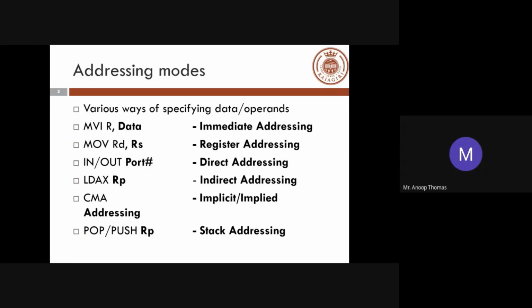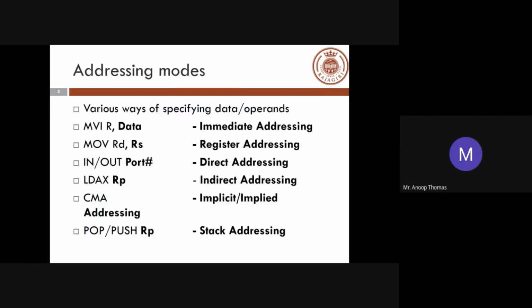Then there is stack addressing, which covers instructions like PUSH and POP. You will see that they are associated with the stack. We have already seen what stack memory is, but we will speak about it again when those instructions come into the picture. PUSH and POP are again register-type values, but here it is in terms of your stack. The register is associated with your stack, which is why it is called stack addressing. PUSH and POP are the usual commands associated with stack addressing. So these are the 7 theoretical addressing modes in your 8085.